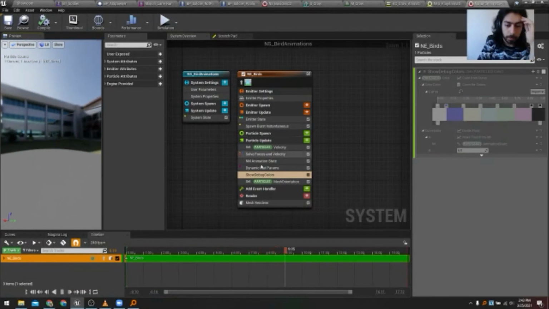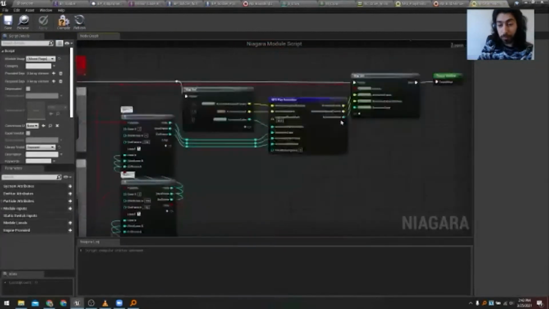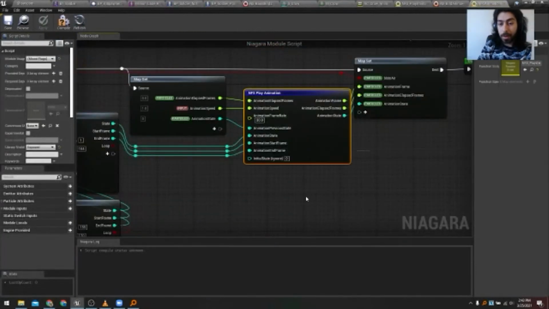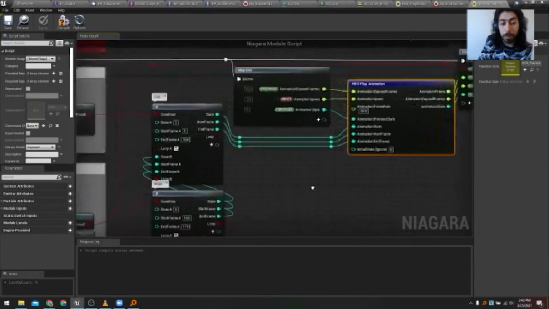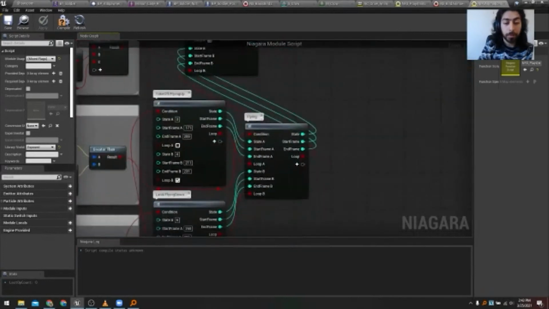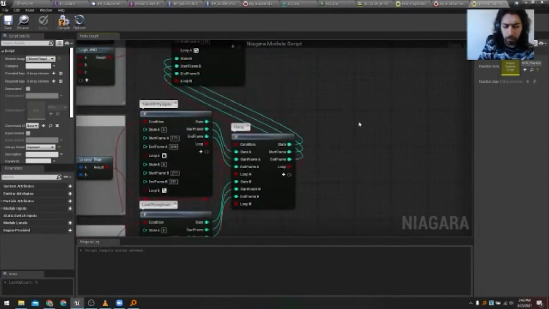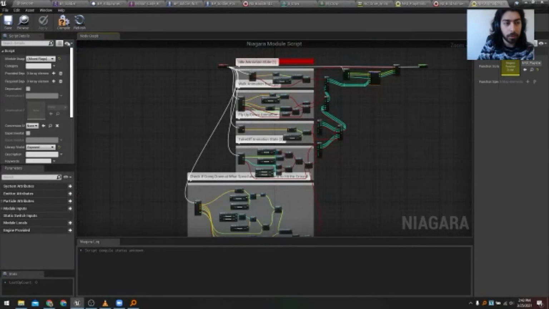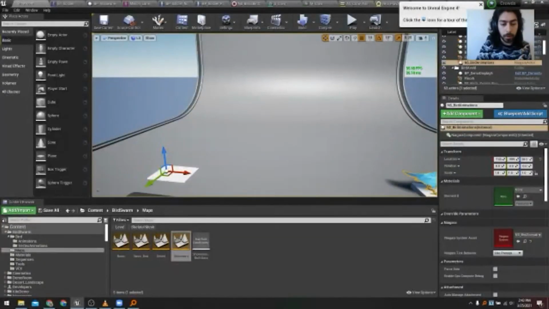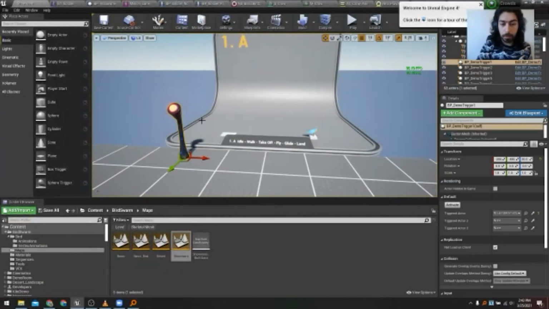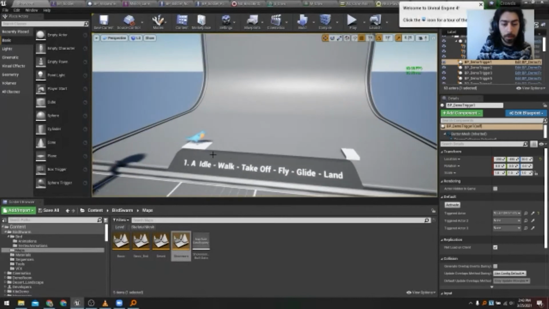So we have the bird here moving. If we look at the animation state, it's actually similar to the one we just created. Well, we have play animation, but we have so many other conditions because we wanted to say that the bird has to take off, has to land, has to run, and these are different conditions that set this. So if you look at this example now, if I press the button and hit activate, we can see it's walking, it's taking off, it's flying, and then it's gliding, and then it's landing, and it's back to idle.